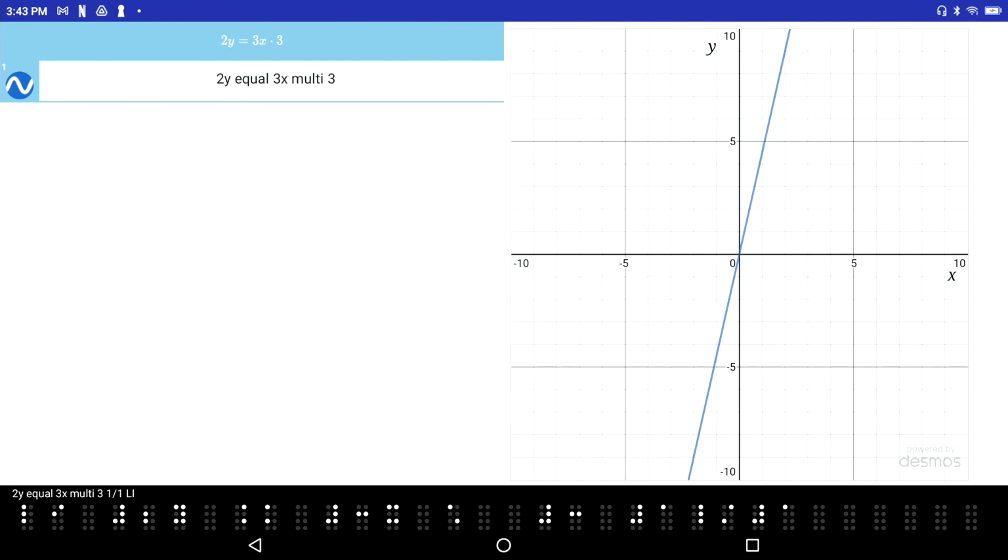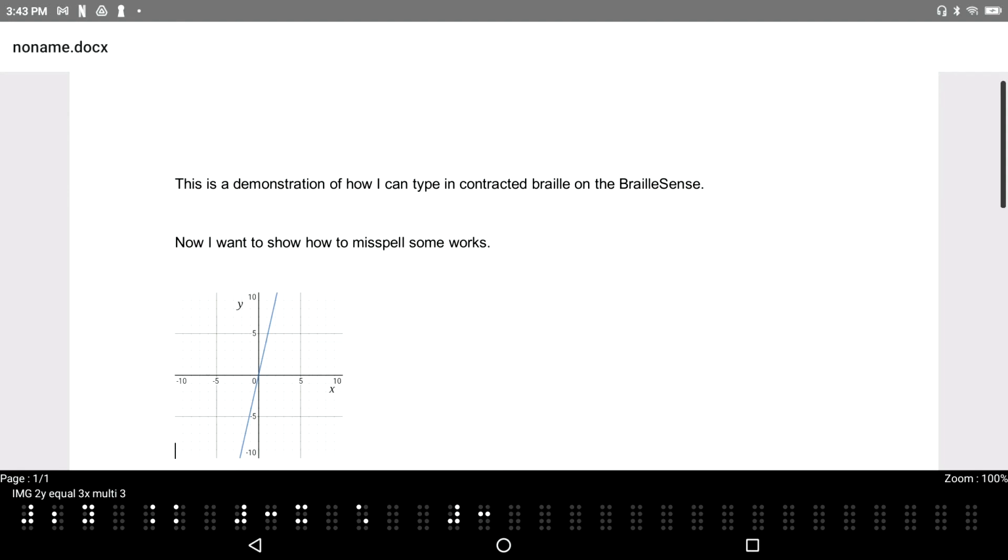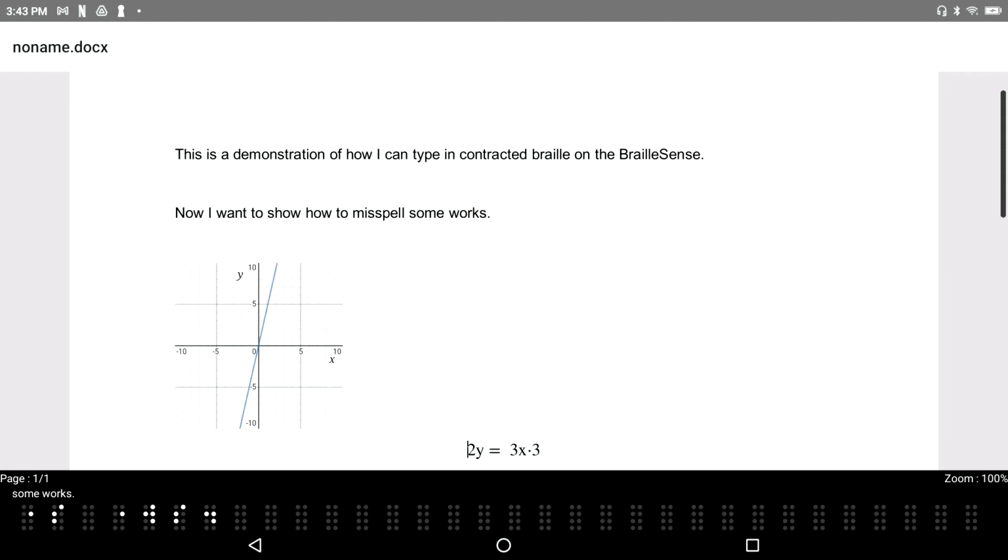I'm going to press enter with the letter G. Successfully inserted math graph. And it says successfully inserted math graph. And if I go to the top of this document, space 1, 2, 3, and start reading from the beginning to the end, enter G. This is a demonstration of how I can type in contracted Braille on the BrailleSense. Now I want to show how to misspell some words. 2y equal 3x multi 3. End of document. We actually see that we have mixed Braille literary code and Nemeth math in the BrailleSense, and